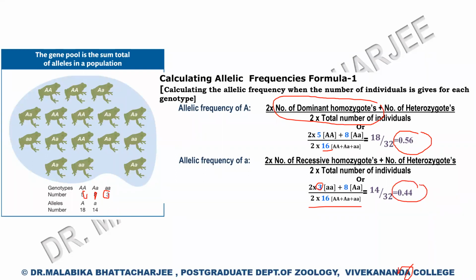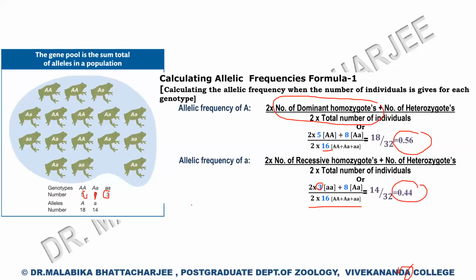So this is the first formula of calculating allelic frequency, when it is given how many individuals are present under capital A capital A, how many under capital A small a, and how many under small a small a. As I said, there are 2 formulas to calculate the allelic frequency. This is the first formula, when the number of individuals is given for a given genotype. Next,